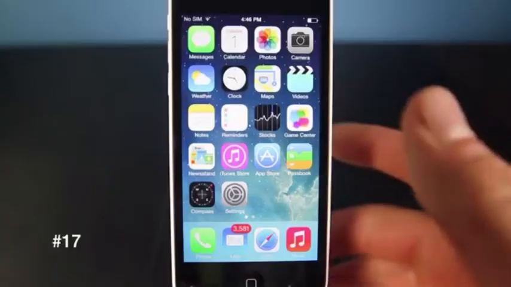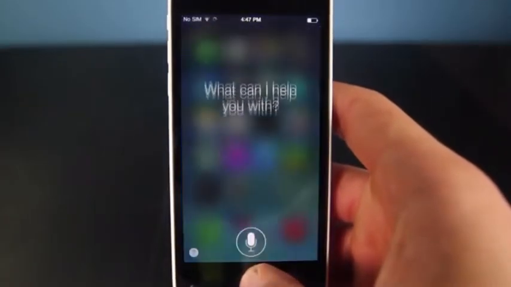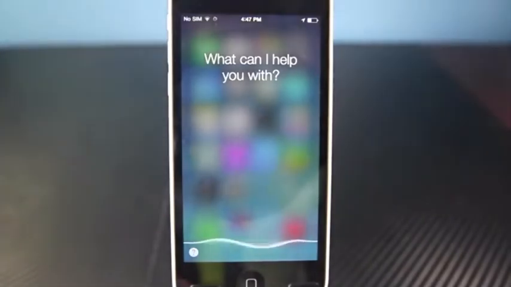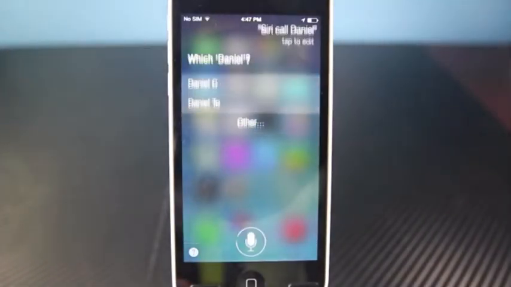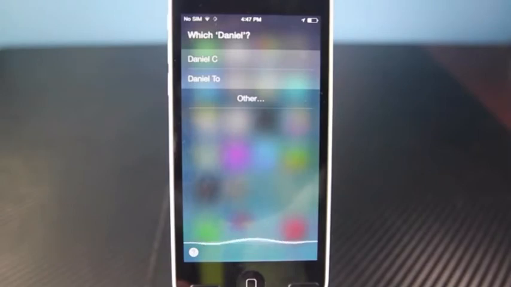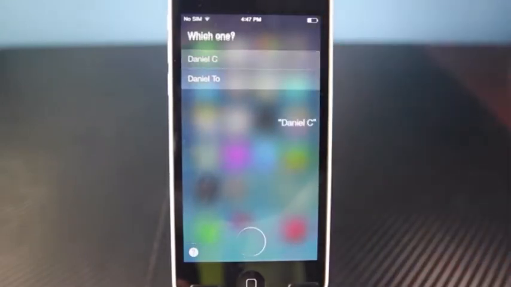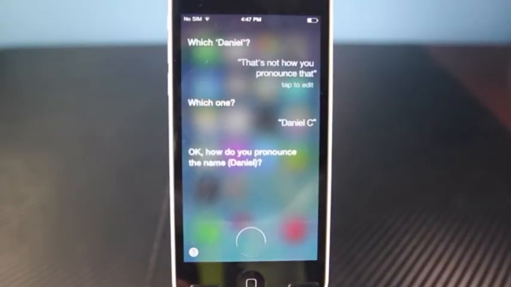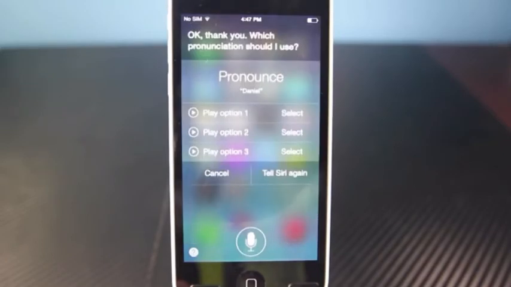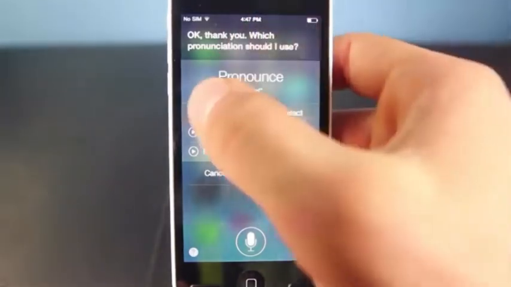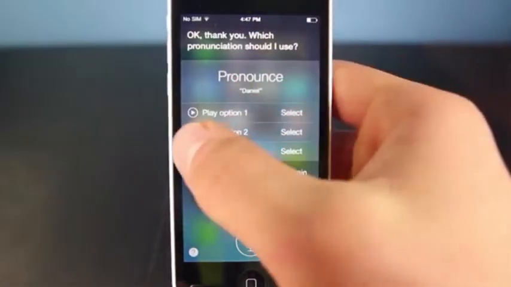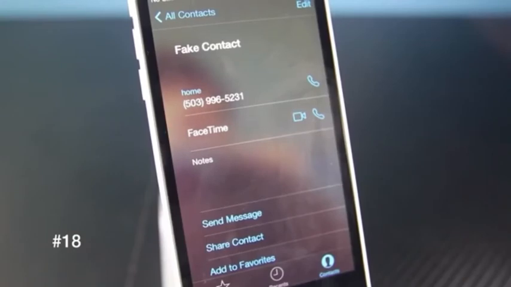You can actually make changes to pronunciations in Siri. Siri, call Daniel. Which Daniel? That's not how you pronounce that. Which one? Daniel C. Okay, how do you pronounce the name? Daniel. Okay, thank you. Which pronunciation should I use? Using FaceTime, you can actually make audio calls now, and I've heard the quality is much better